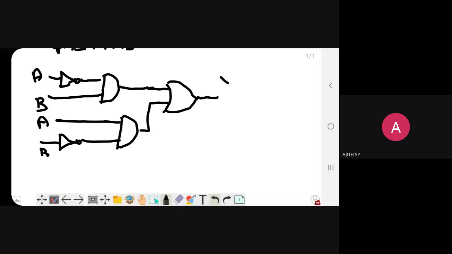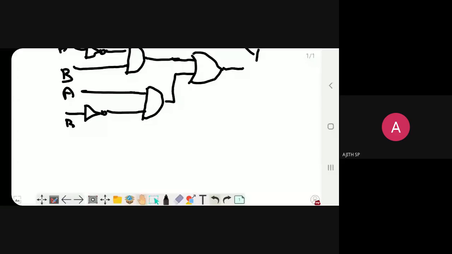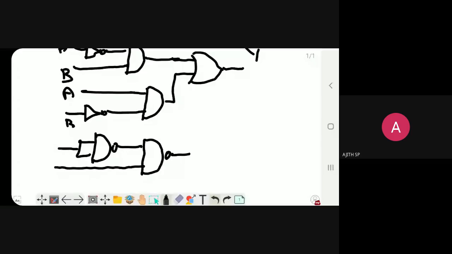Now I am going to implement it by using the NAND gate. For the NOT gate, the NAND gate implementation is, okay. For this AND gate, okay.